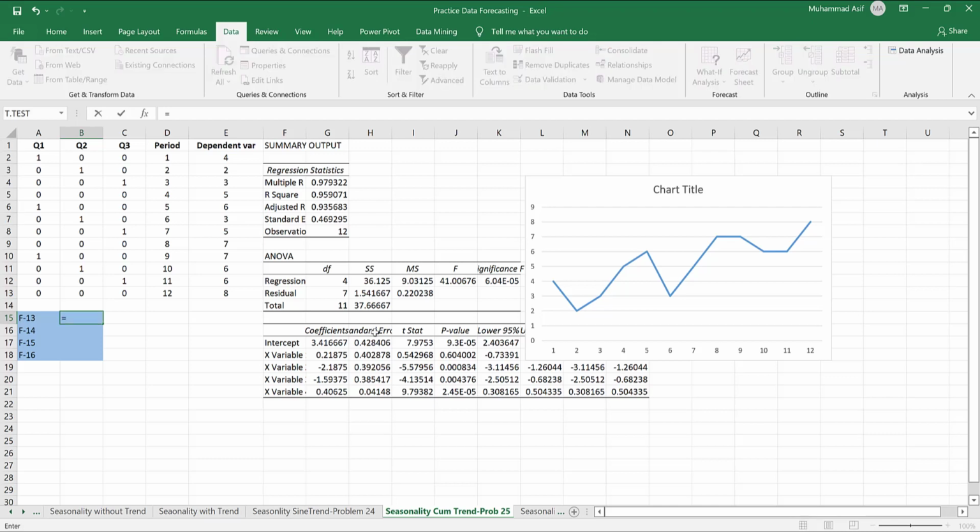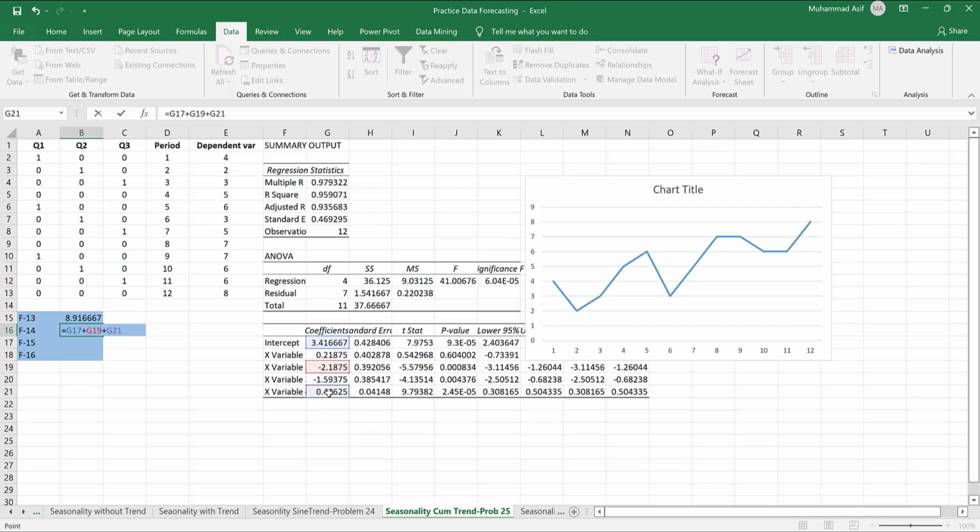Okay, let's go for the forecast for period 13. This is equal to intercept plus the slope of q1, which is relevant, so that will be multiplied by 1, and q2 and q3 will be multiplied by 0, which means they are irrelevant, plus this period element multiplied by 13 because we are doing it for period 13. And the next one is again intercept plus, this time, q2 multiplied by 1, and q1 and q3 multiplied by 0, plus